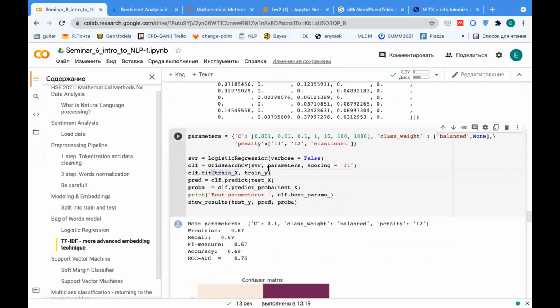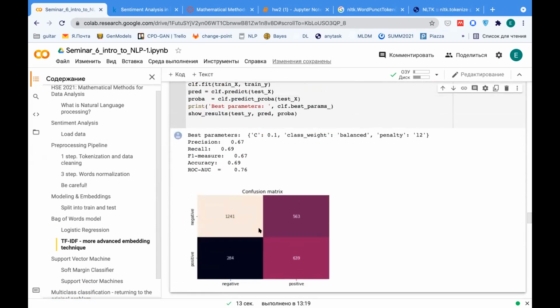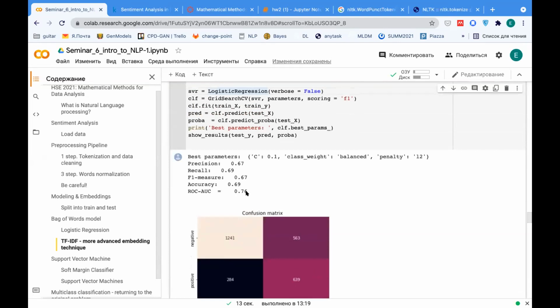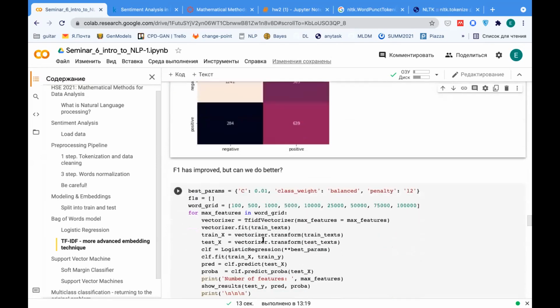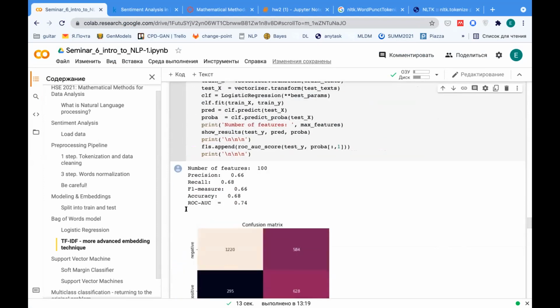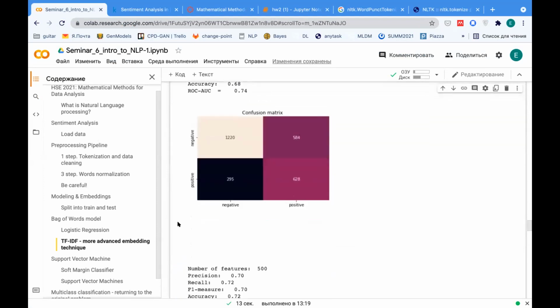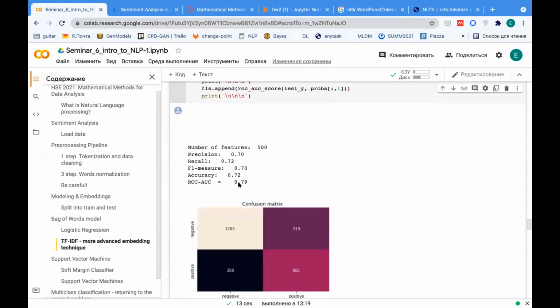And if we pass TF-IDF to our logistic regression, we can also have rather good results. I guess it's even better than what we have for a small number of features in count vectorizer. And if we again try different numbers of features as we did previously, we can see that our quality of prediction also becomes better,